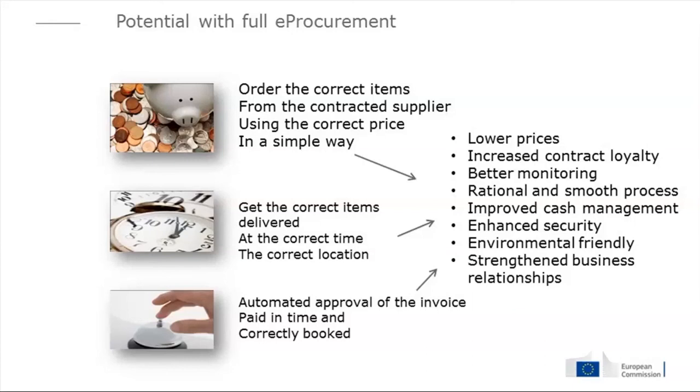In the business process, you start with the price list and the orders. Isn't that where you should start? It can be argued that way, but on the other hand, electronic invoicing is very, very key functionality for the buyers and sellers, and it's a low-hanging fruit to start with. But with full e-procurement, more benefits can be reaped.